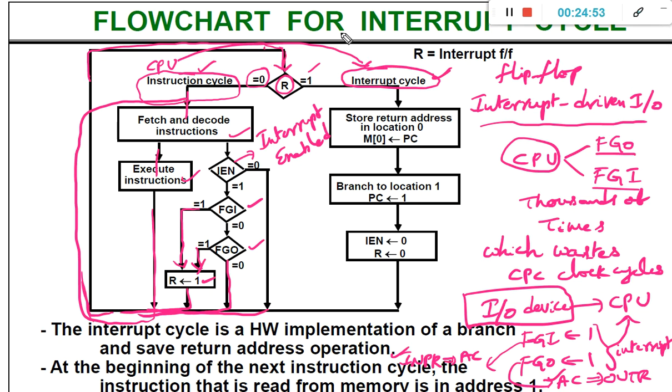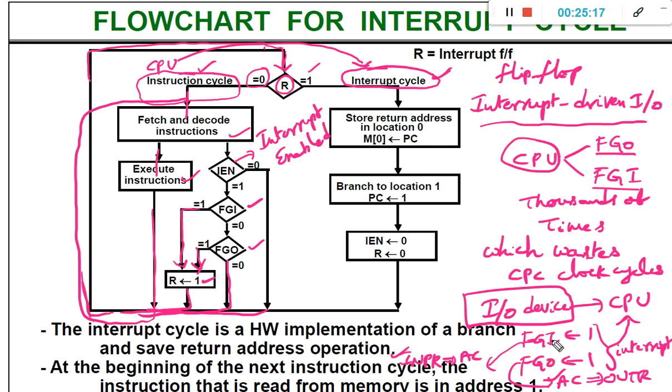So what is the interrupt cycle? An interrupt cycle is not that complicated. An interrupt cycle is similar to branch and save return address, whatever we have seen previously. So here we are going to perform the branch operation to execute the input output operation. So what is that input output operation?